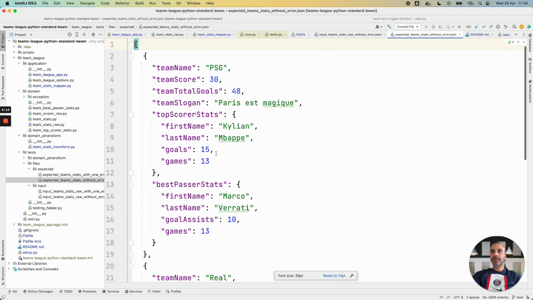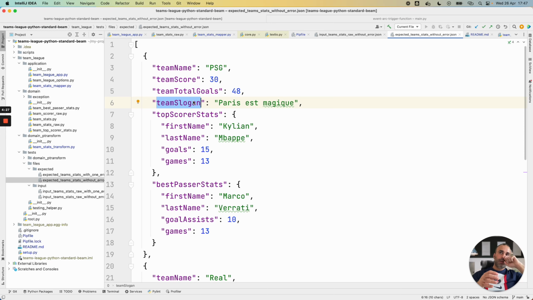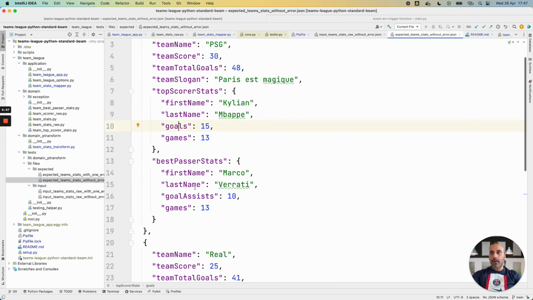This object is the list of teams, and we also calculate the total goals per team. I also retrieve a slogan per team and calculate the top scorer node and the best passer node, with, for the top scorer, the goals, the games played, and also all the goals for this player. For the passer, I have the goal assists and also the games played.